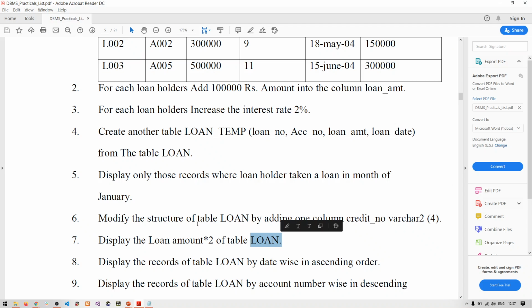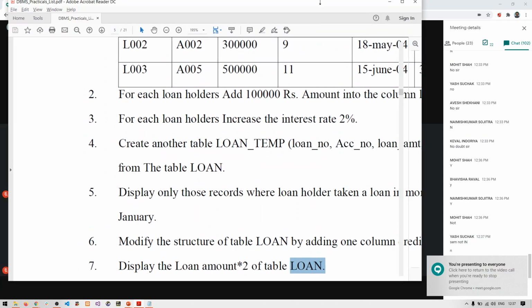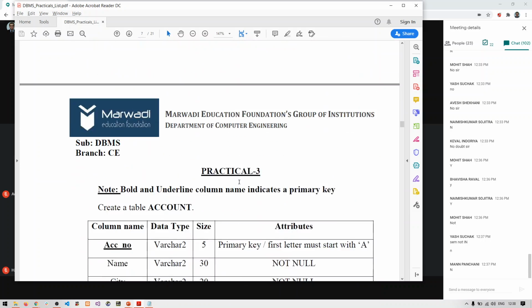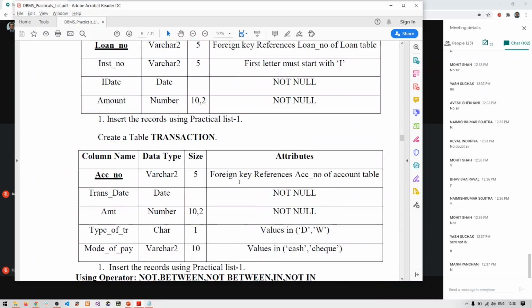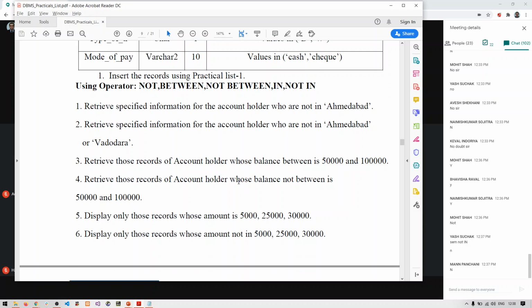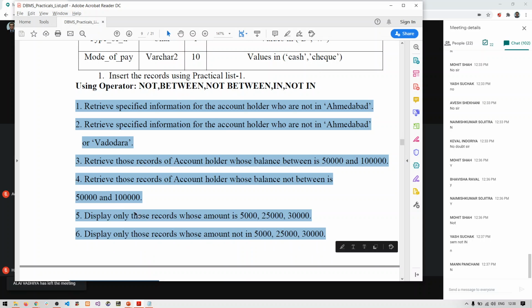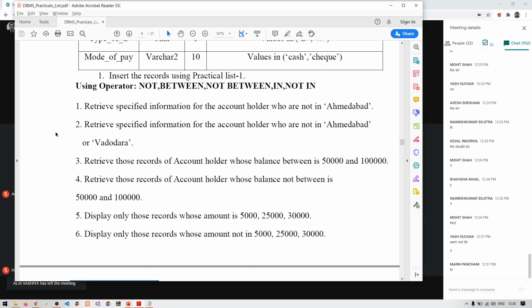Okay, so this is the PDF. I think it is visible to everyone, right? Just give me the answers of 1, 2, 3, 4, 5, and 6. Quickly write down the answers of 1 to 6.